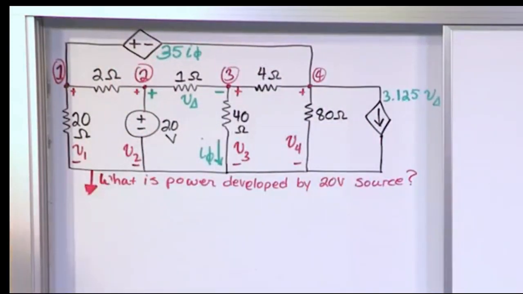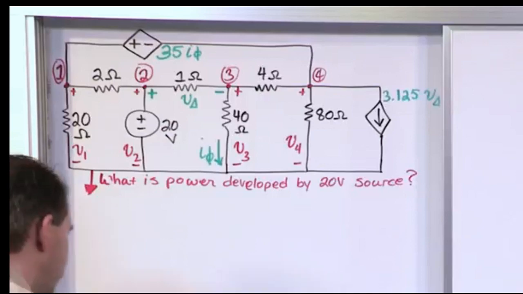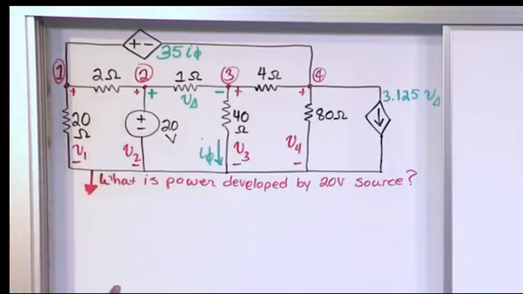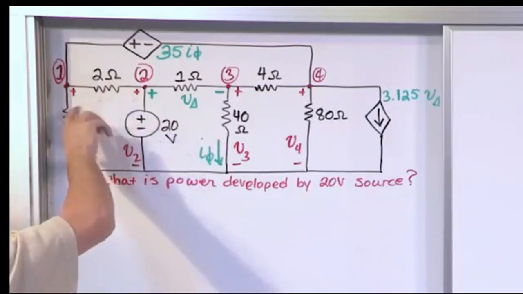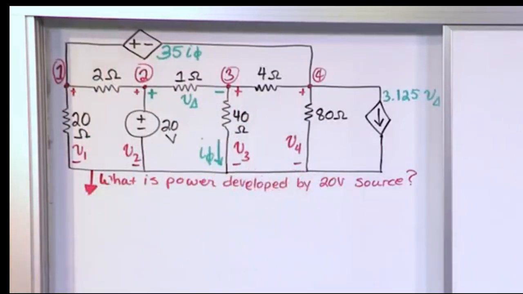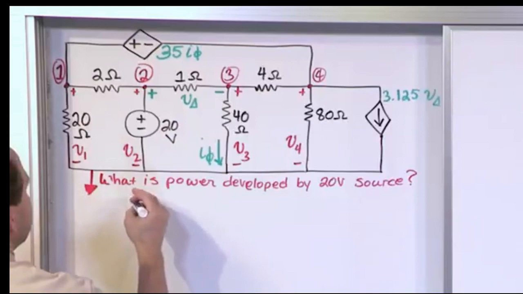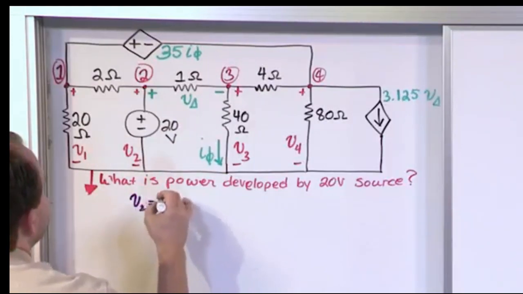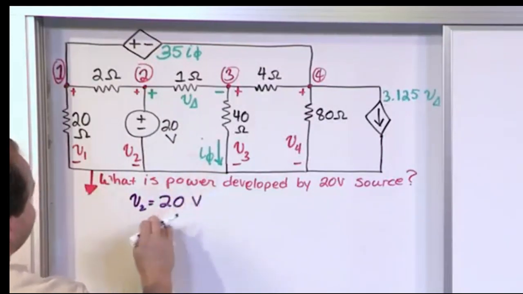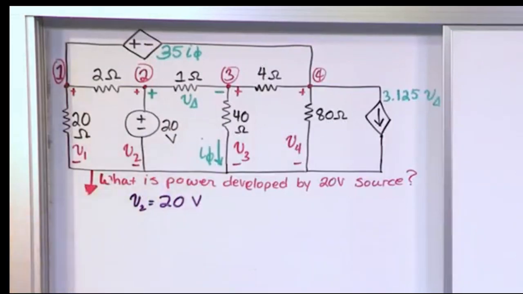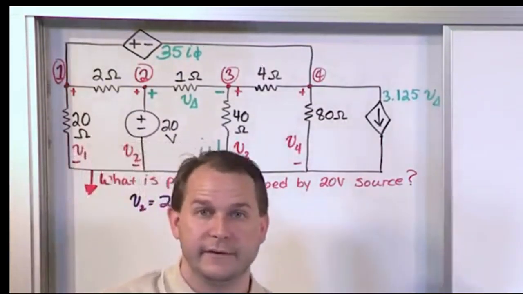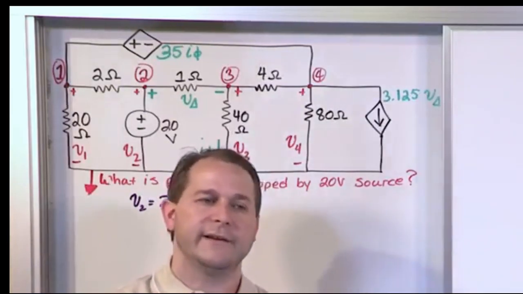All right, so the first thing we notice right away is V2 isn't even really in the running for a real unknown, because even though I've labeled it here, we know that V2 is just 20 volts. So here, I guess you could say here's your first node voltage equation. It's not really an equation, it's given to you. It's not explicitly given like V2 is equal to this, but you just label everything and you say, okay, this